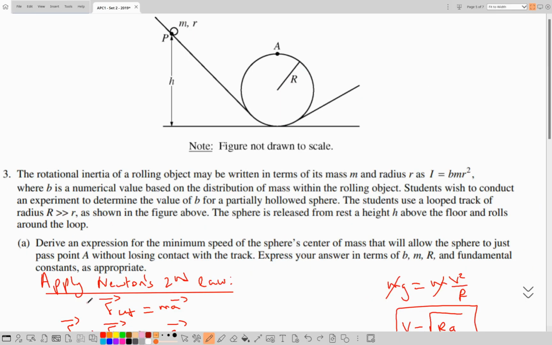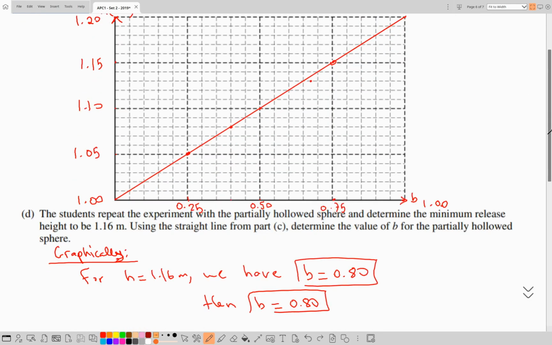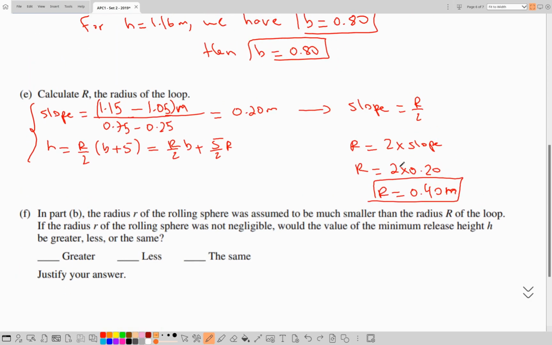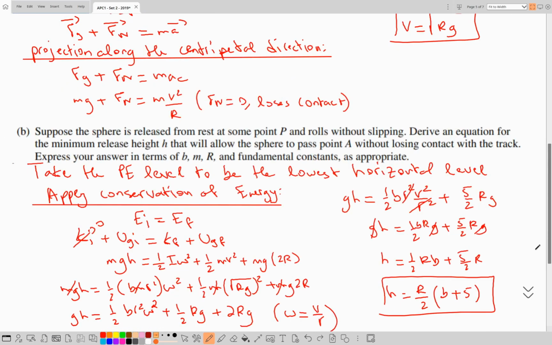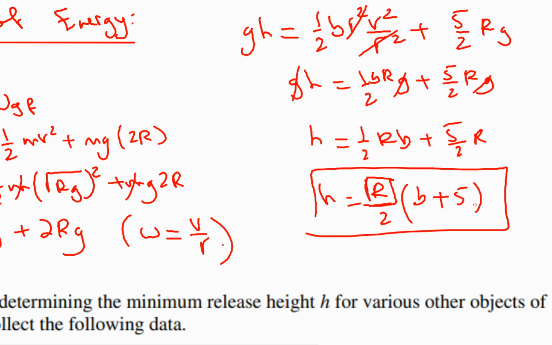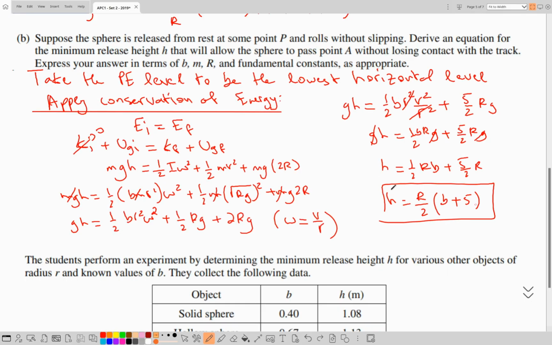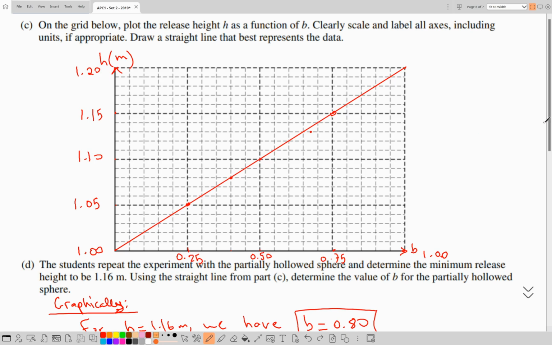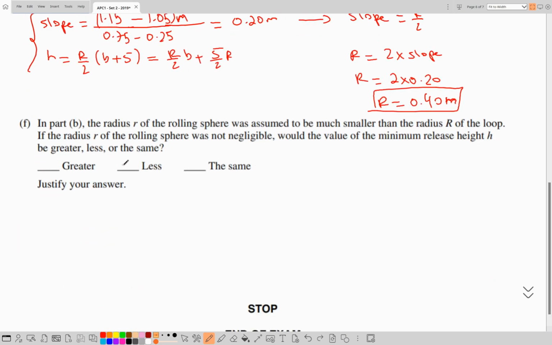But what's the relation between R and the height? The relation obtained in part B shows h is directly proportional to the radius, not exactly of the loop, but the radius along which the particle moves, which means if R decreases, then h decreases. So let me say the choice would be less,